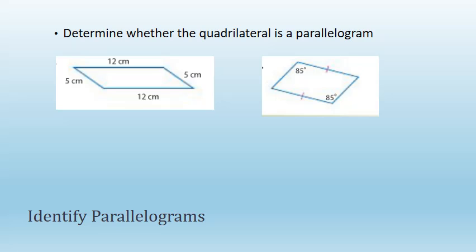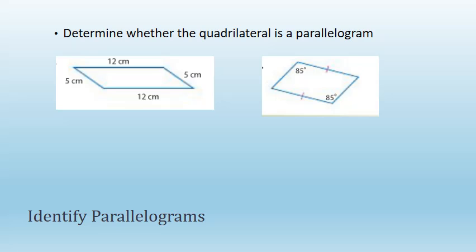Another test is if the diagonals bisect each other, then the quadrilateral is a parallelogram. And then another test is if one pair of opposite sides is congruent and parallel, then the quadrilateral is a parallelogram. So in example 1, which is on page 414 of the textbook, we're given a couple of quadrilaterals, and